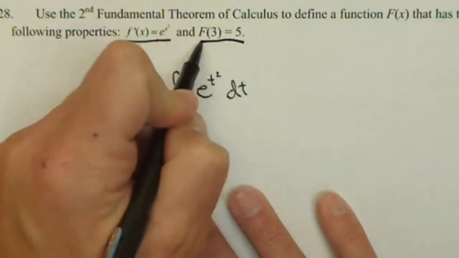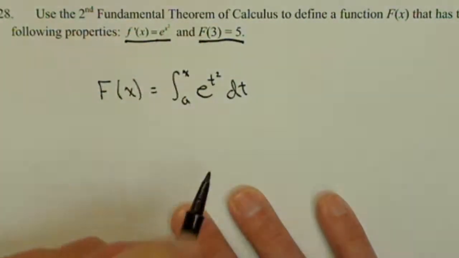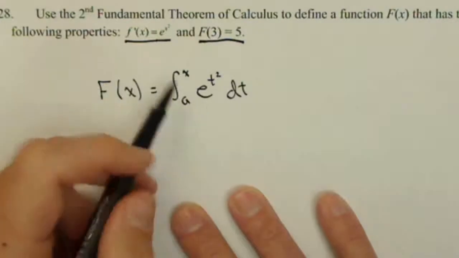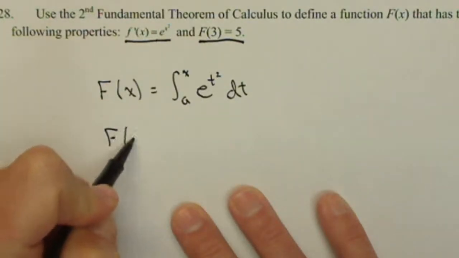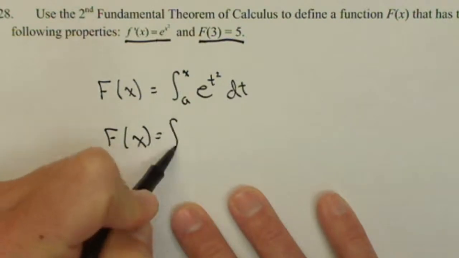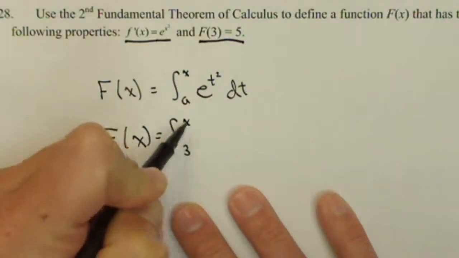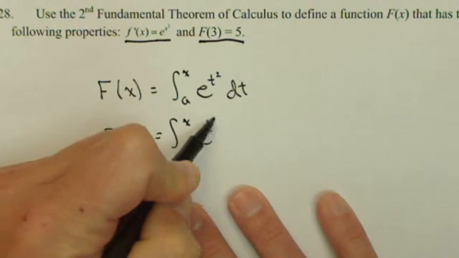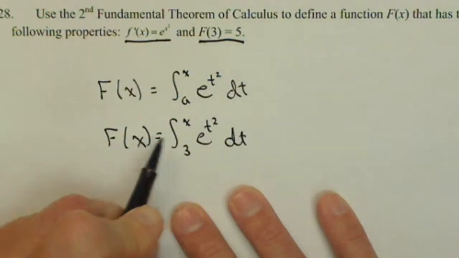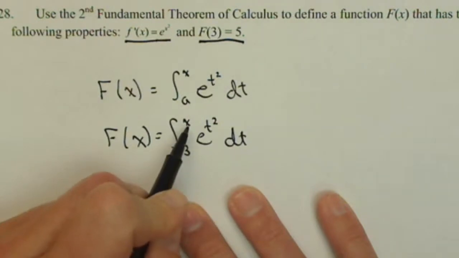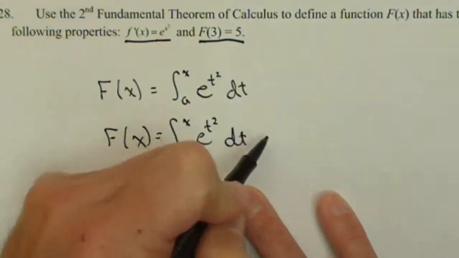The next part we need to satisfy is that f of 3 must equal 5. Now, to not have to do a lot of work, what we can do is set that lower limit to be 3. And the nice thing about that is now look at what happens when x is equal to 3. I would have the integral from 3 to 3, which we know by properties of integrals is 0 automatically,